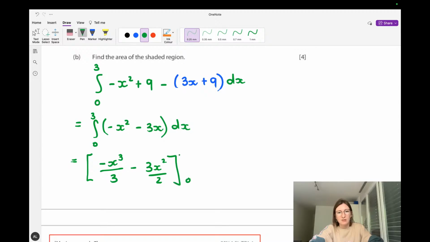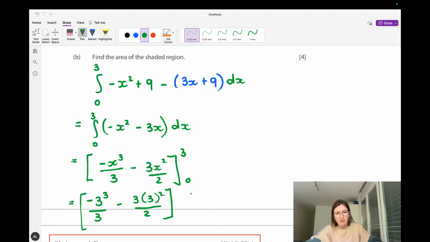And we're going from 0 to 3. And now we've got to substitute 3. So that's minus, I'm just going to write, because it's positive, 3 minus 3 to the power of 3 over 3 minus 3 squared over 2. And that was my first bracket when I substituted in 3, and I've got to substitute in